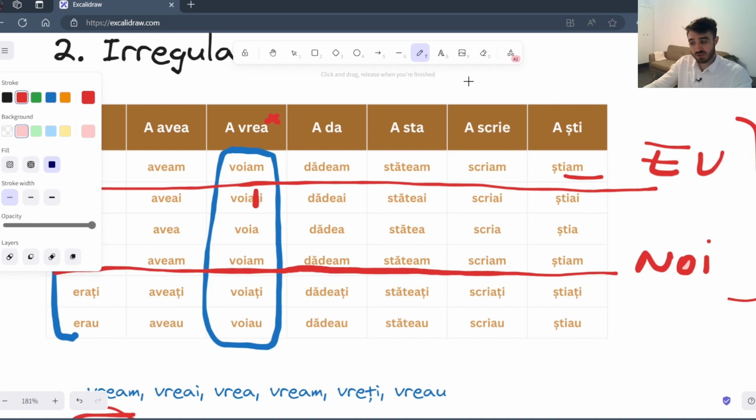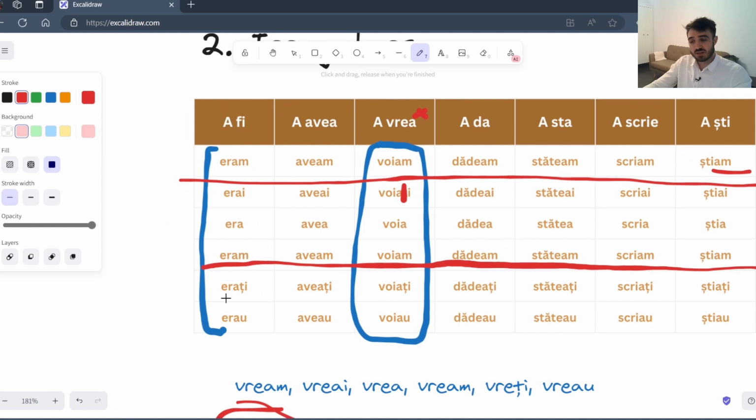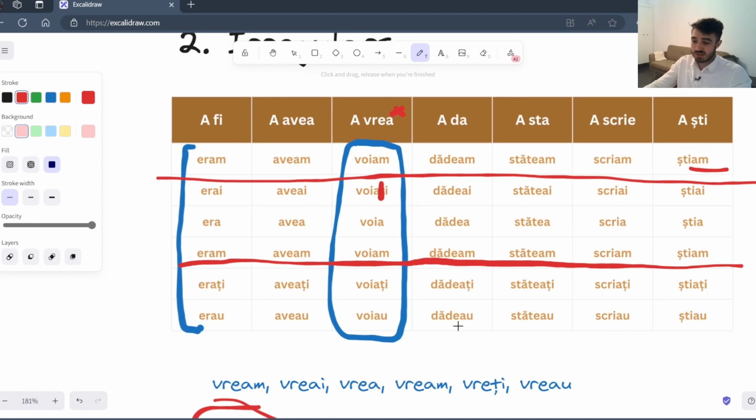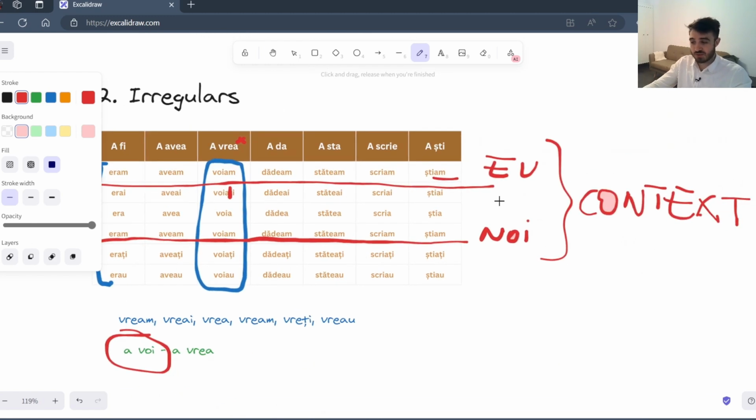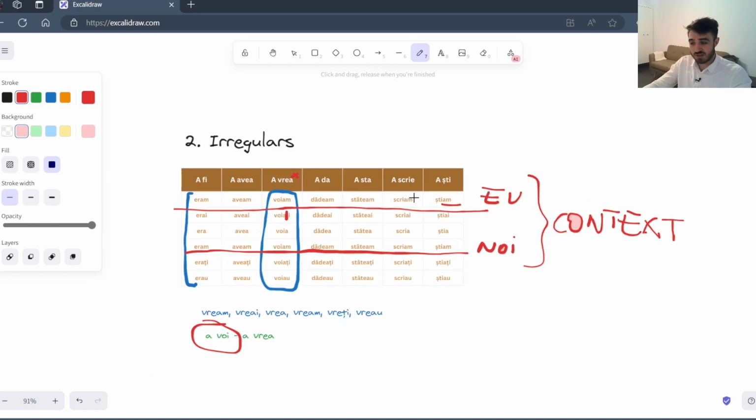But if the context before is that, eram în clasă singur și la un moment dat, so I was in the class alone and at some point scriam pe tablă ceva. I was writing something on the blackboard. I don't know, it's an example. So context. The difference between eu and noi, the scriam and scriam, or the eram and eram, you will notice